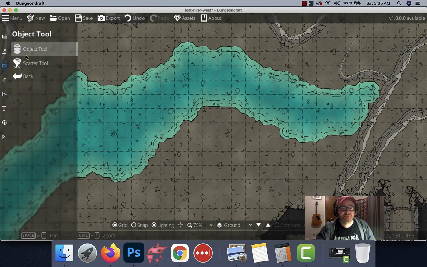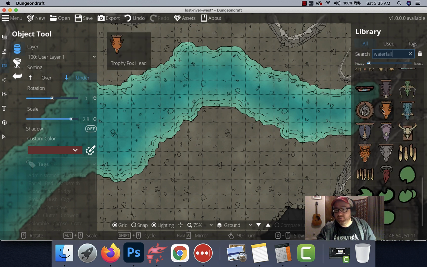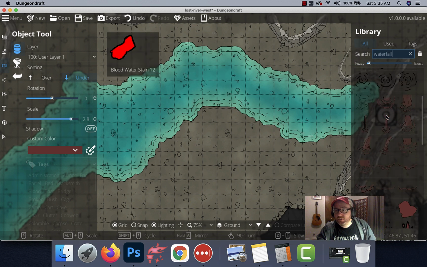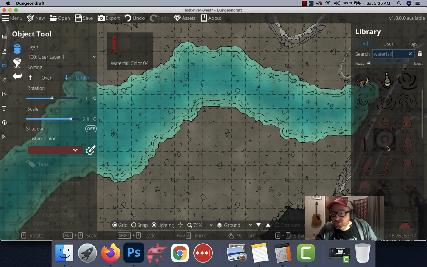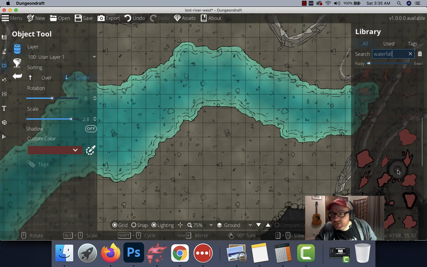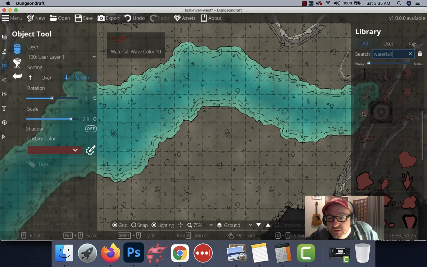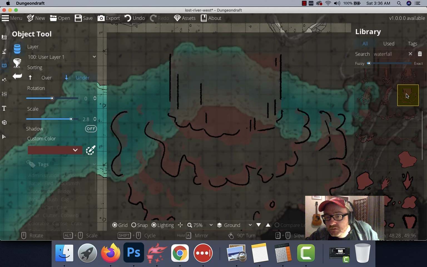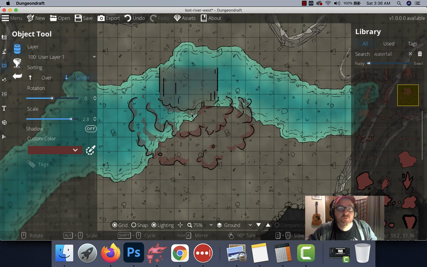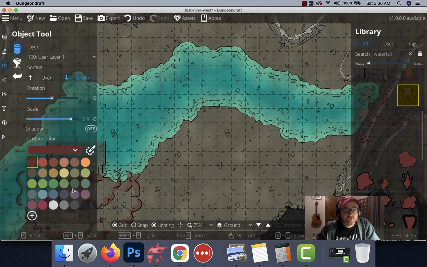We need some waterfalls. So let's see if we've got a waterfall that we can put in there. Doesn't look like it. Got some droppings. Those are kind of cool. Oh, you know what? It does look like there's some waves there, huh? What is this? Okay, cool. Alright, so we do have some waterfalls. Sweet. They kind of have whatever color, so let's give it a